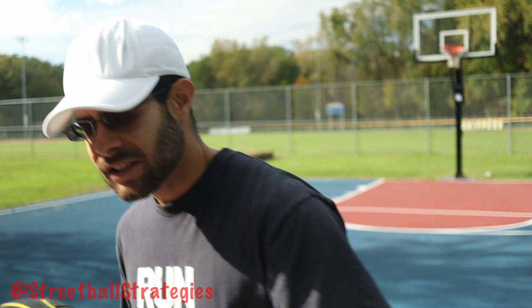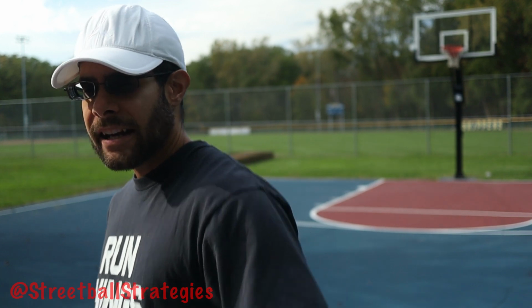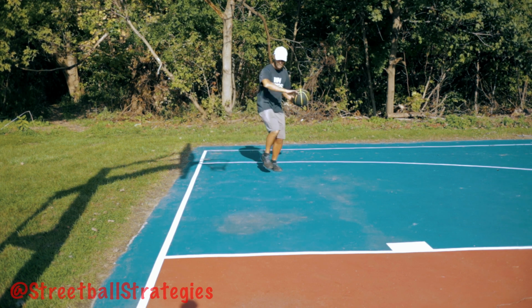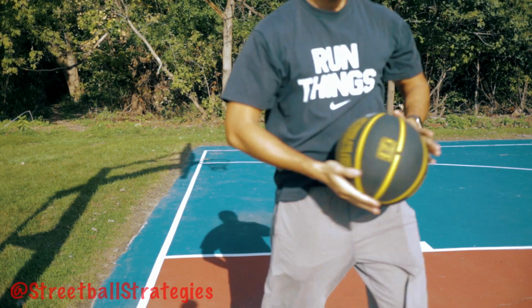But the point is, you do it enough to give yourself just the slight amount of room, the slight moment in order to be able to step around him, step past him, and then get your body parallel with your defender. So you get your defender out of position, and as he's out of position, you now come back to your right and step by him, step around him in order to get your body parallel with him. The perfect ideal scenario would be you pull your fake move, your jab move, to get your defender out of position and they fall completely out of the play, like you completely break their ankles just from a little jab move. But because that's not likely, obviously, and because he's going to recover,